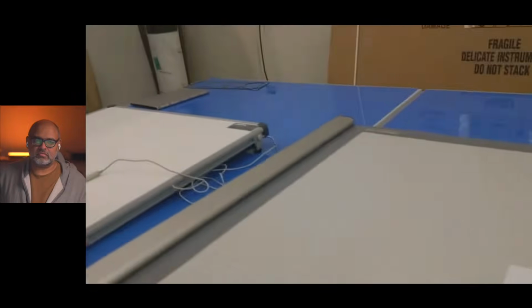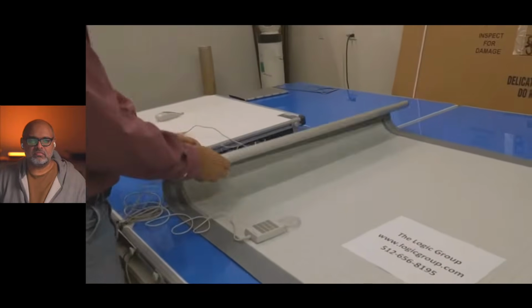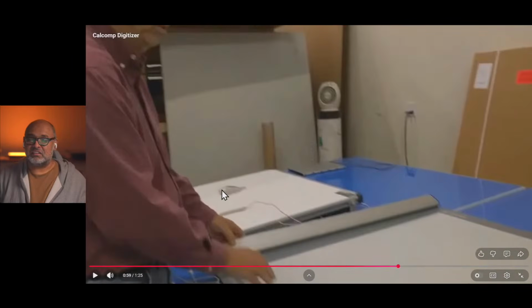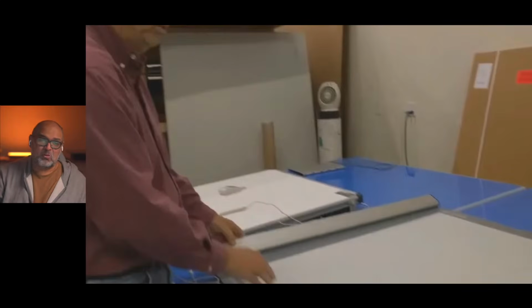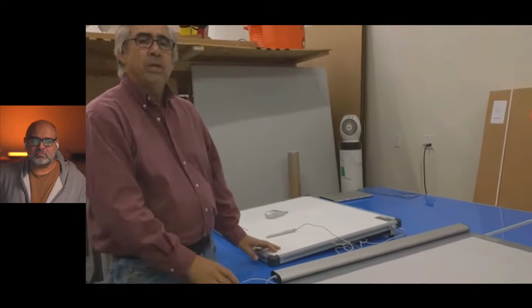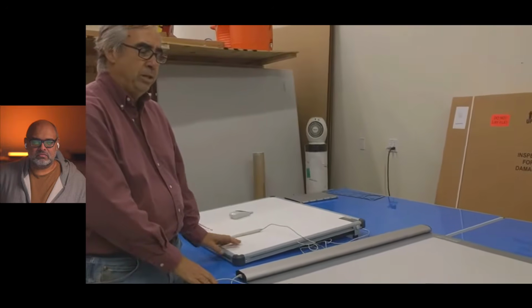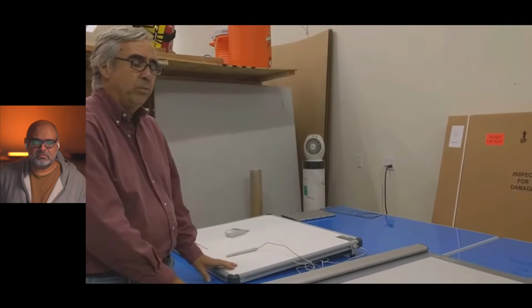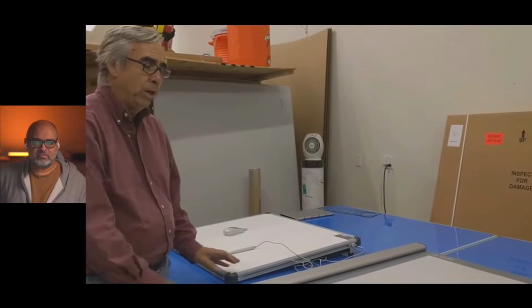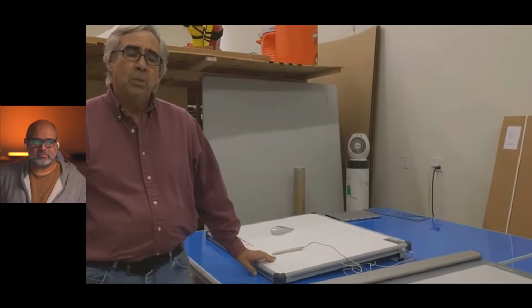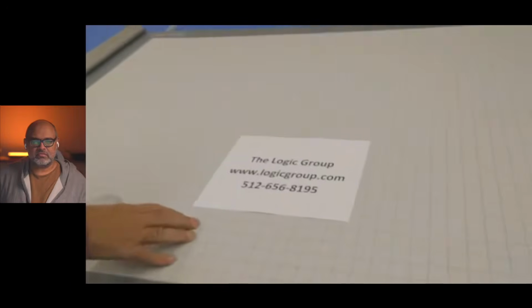They also make the roll-up digitizer. It's a portable digitizer. You can roll it up and take it with you. You could take it. Now this is interesting, right? This is a much bigger one, and it actually is flexible. It rolls up, and I thought that was amazing, to a job site, or you can take it home at night. There are hundreds of different digitizing programs that use Jatico digitizers. They've been selling them for many years, and they are a very good product. If you have questions about a Jatico product, or if you have questions how a Jatico digitizer can help you in your business, please contact me at this contact information.